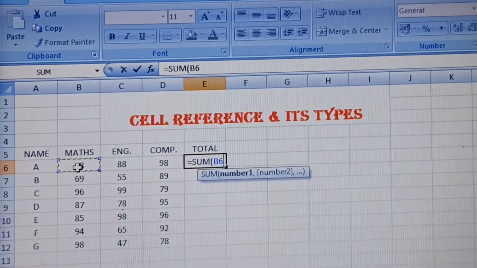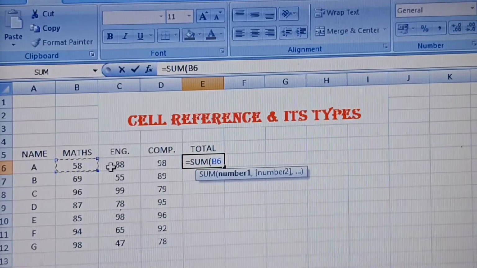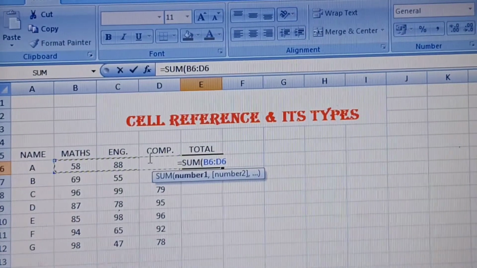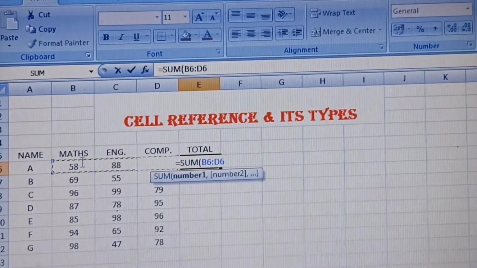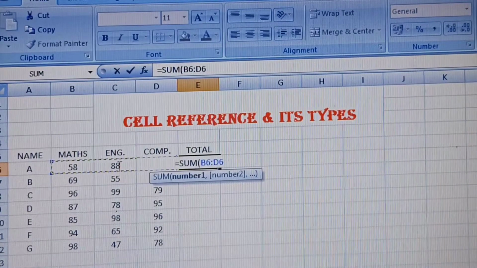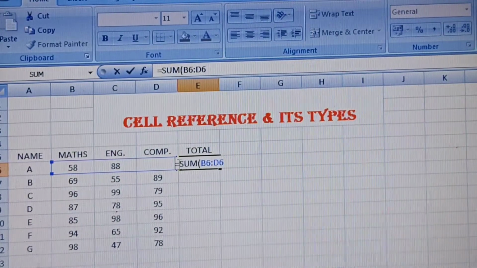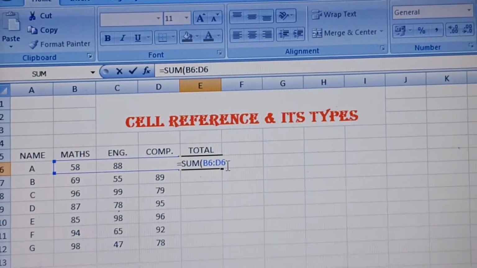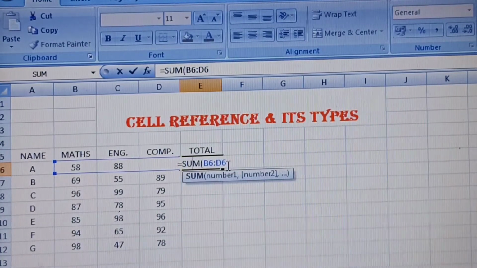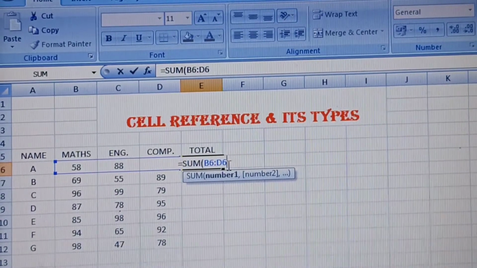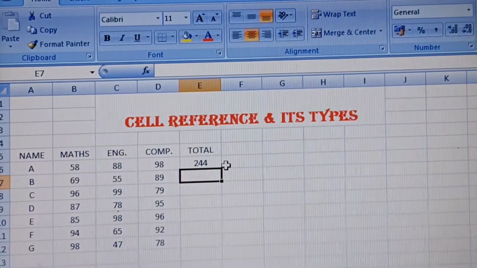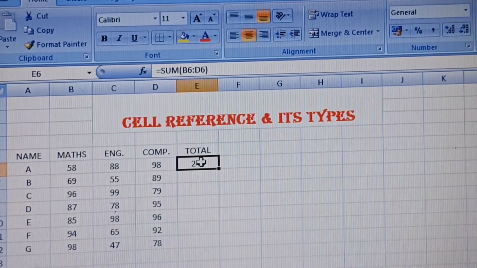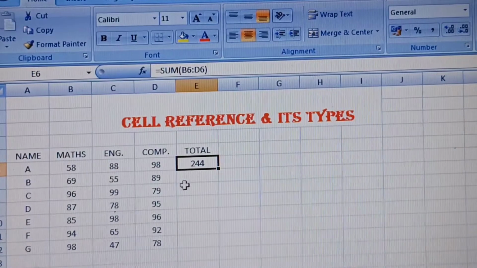Okay, drag from this side. How to drag it? Like that, only these cells. So when we drag it, we want the sum of B6, C6 and D6. So here the formula will be SUM equals B6 to D6. Clear? After this, close the brackets and press the enter key. So in the first cell we get the result. Now the same formula we have to copy to the next cells, because we just repeat the formula.